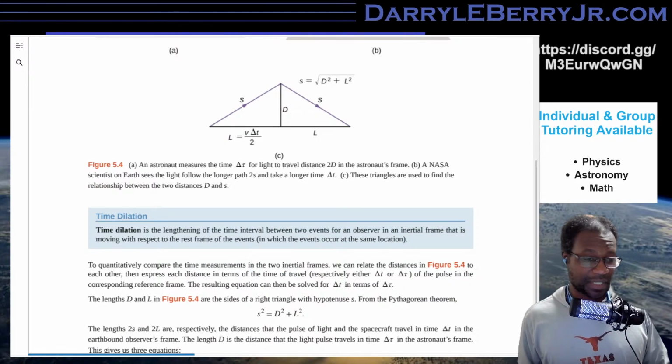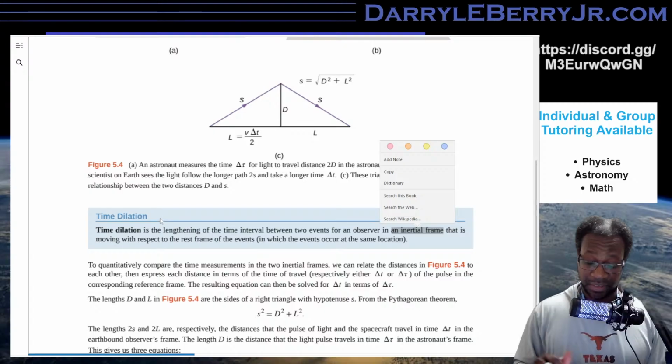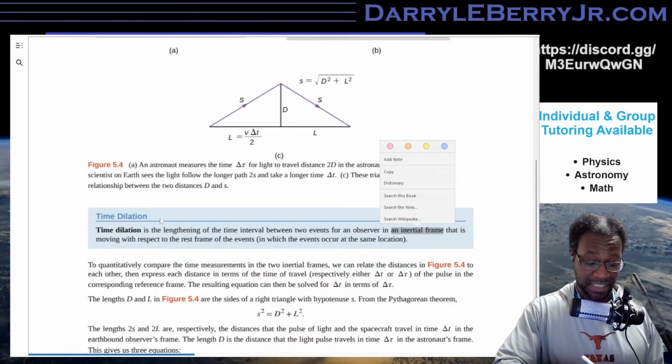Right? So those definitions, by the way, time dilation is the lengthening of the time interval between 2 events for an observer in an inertial frame. Now, this is an inertial frame because the spacecraft is moving at a constant pace with respect to the frame in which the events occur at the same location. So in this case, they're speaking of the Earth as the one that's moving, as if the Earth is moving this way at speed v,